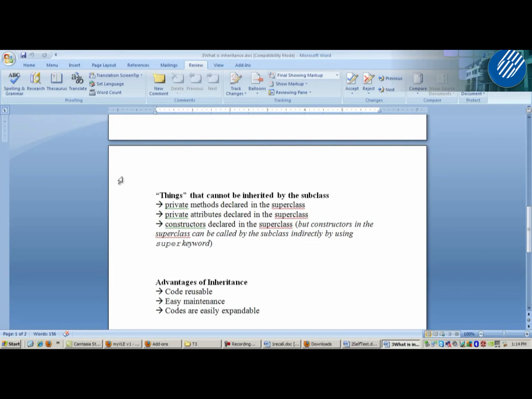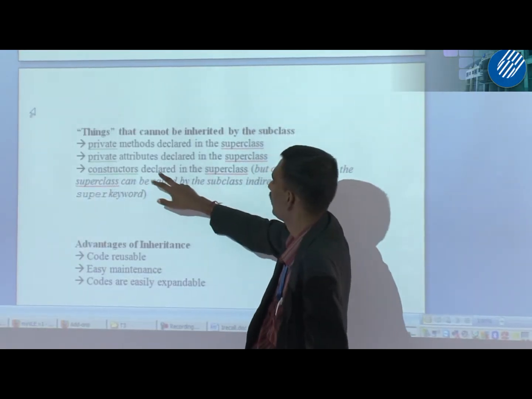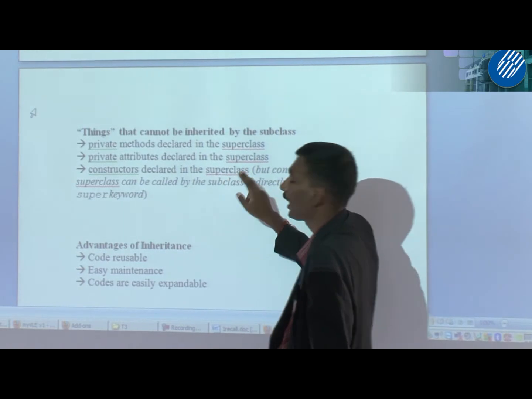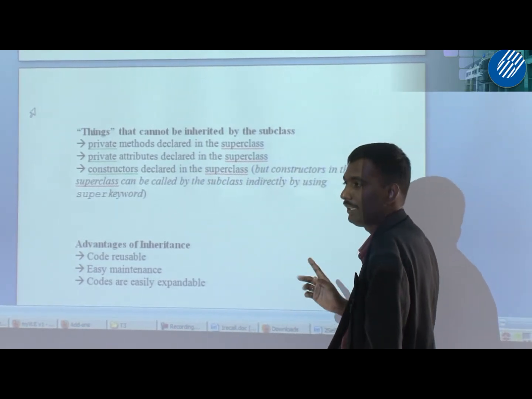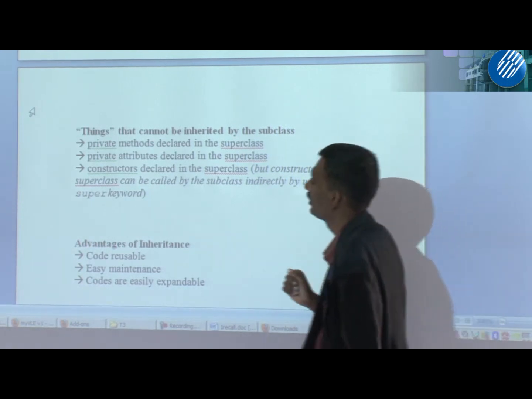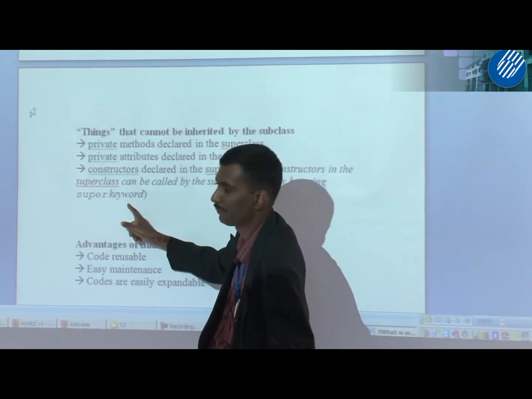Okay, always remember, private methods, subclass cannot use. Private attributes that you declare in the superclass, subclass cannot use. Constructors declared in the superclass cannot be used by subclass directly, but indirectly can by using the super keyword.